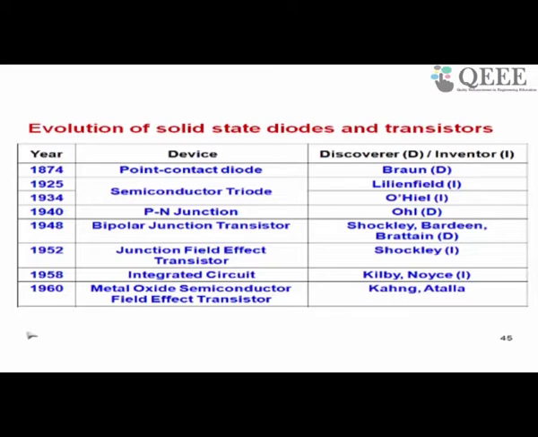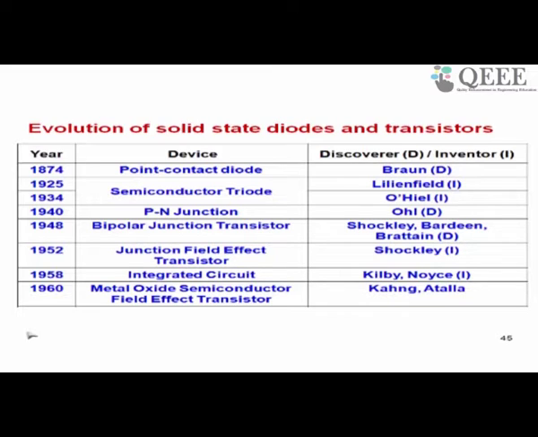Now after the invention of the integrated circuit, it was realized that this particular device, the field effect device, was more appropriate for integrated circuits, for putting many devices on the same semiconductor substrate. That is why it is called an integrated circuit. The bipolar transistor was good as an individual device, but if someone wanted to put many such transistors and diodes on the same substrate, they found that this device is more suitable for that kind of thing. Therefore, people again diverted their attention to this device,